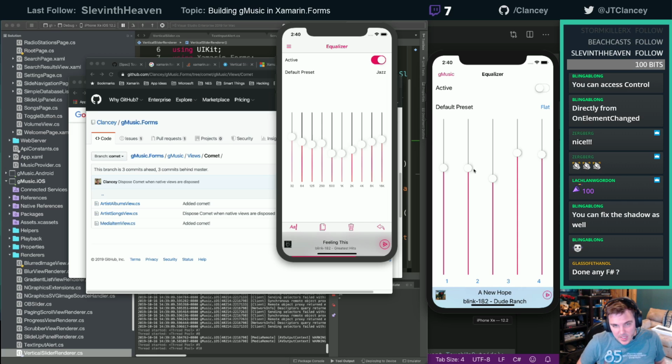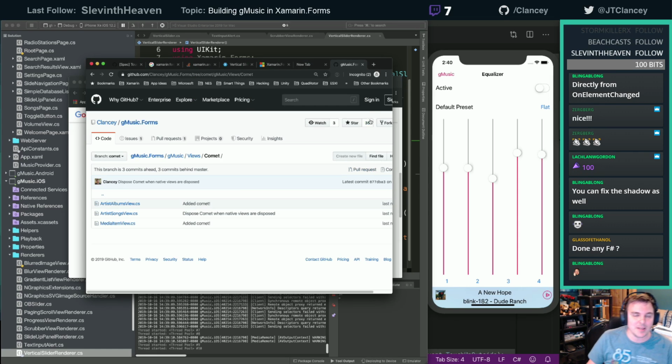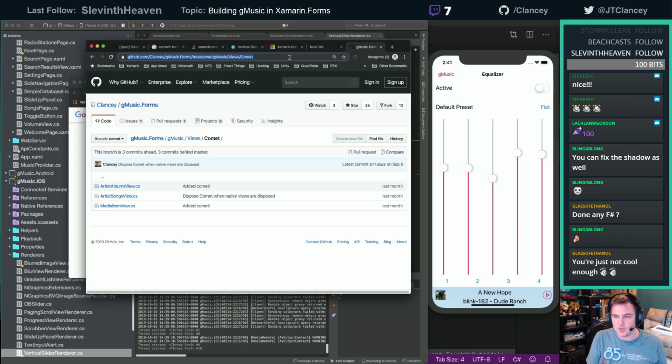Done any F sharp? Yeah, I used to do all my build scripts in Fake. So I used to do a lot of F sharp there, and I've definitely played with Fabulous, things like that. But F sharp makes my head hurt for some reason. I wish I was better at it. When I see people do it, it's amazing how little code they can write. And Frank Krueger just blows my mind with F sharp. The fact that he wrote an IL interpreter in F#, amazing. It's not my cup of tea, unfortunately. I wish it was. I need to spend more time with it. I'm not cool enough. I'm far from it.